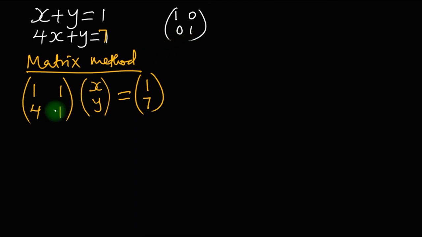So we want to multiply by the inverse of this matrix. And to get the inverse of the matrix, the first thing we need is the determinant of the matrix, and then the main diagonal,